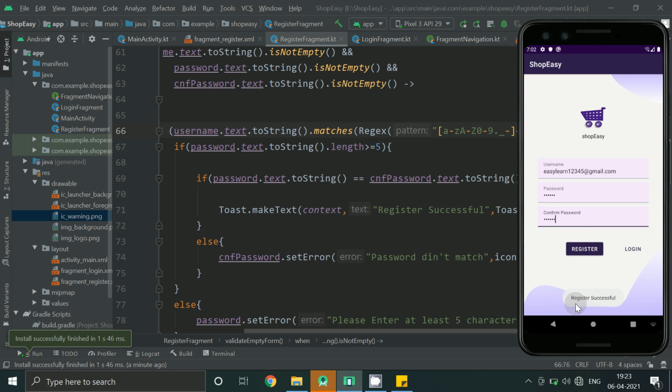Now it is showing register successful when it has validated all the 3 fields. So let's write confirm password as something different.